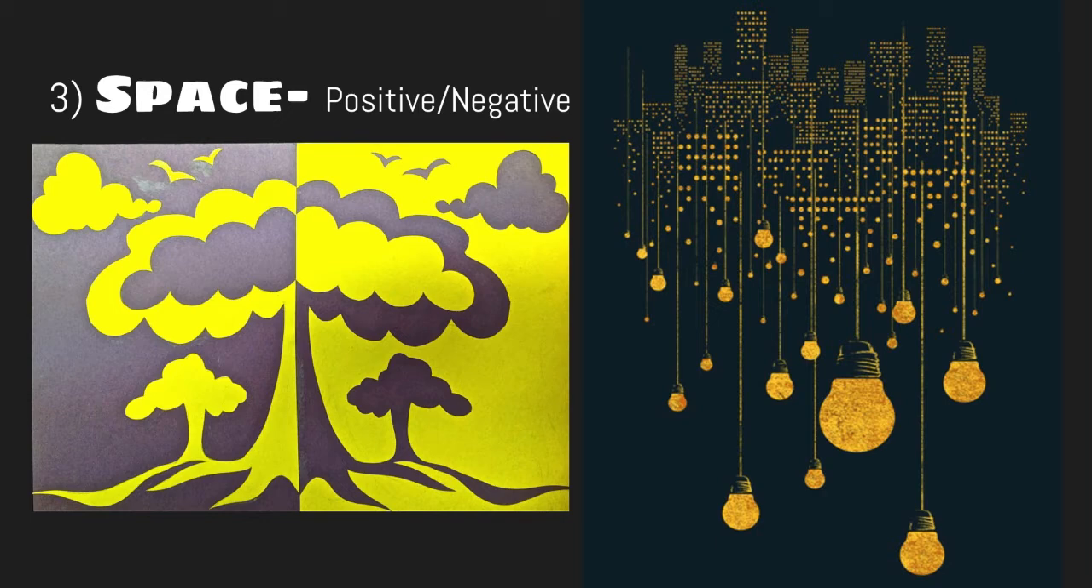Positive space is like the main object or the main subject in your art. And then the negative space, so that the negative part refers to the background. That's kind of around your main subject or object. So the answer for number 3, what makes positive and negative space art interesting? And the answer to that is